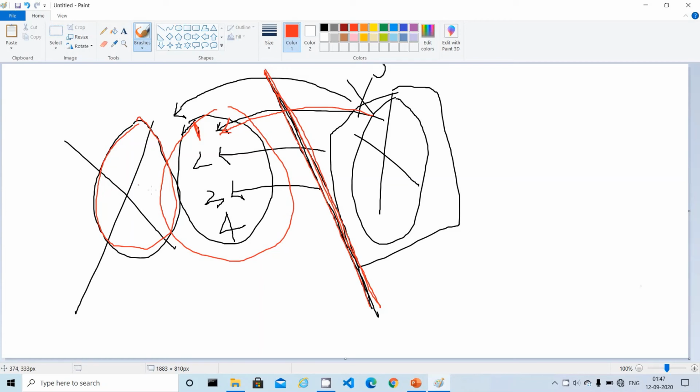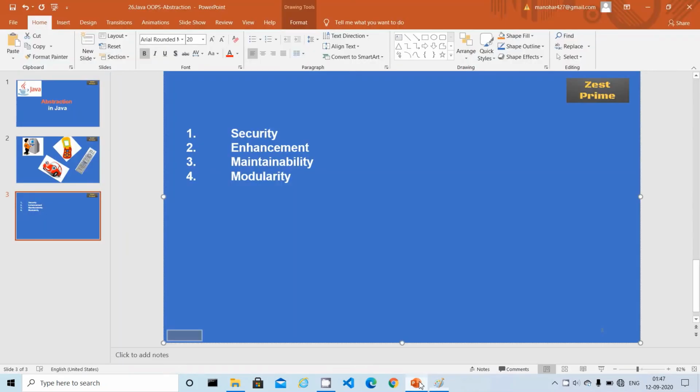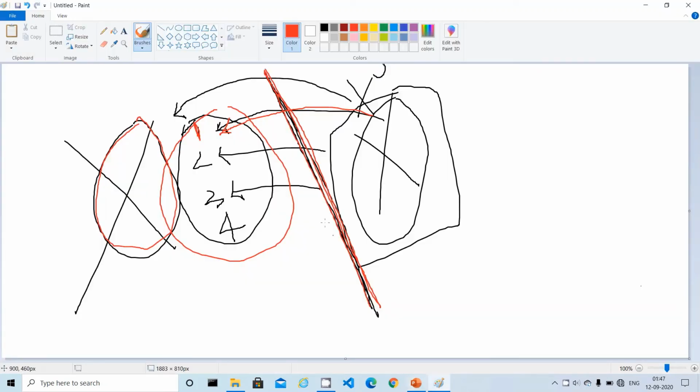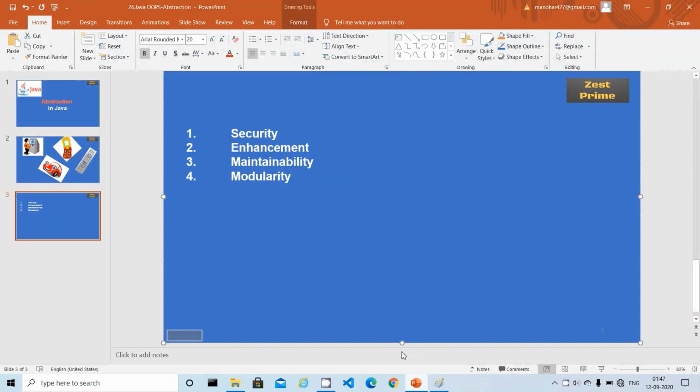That is how we achieve enhancement. Similarly, the end user can change their technology at any time and still call our API and get the data. So enhancement is very easy. This is the second advantage.